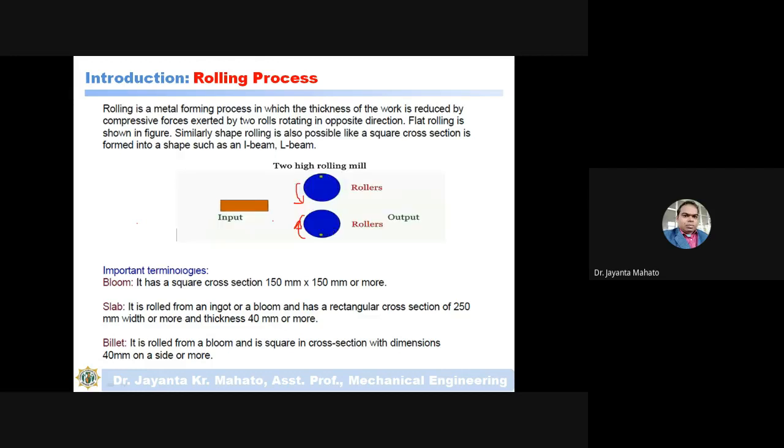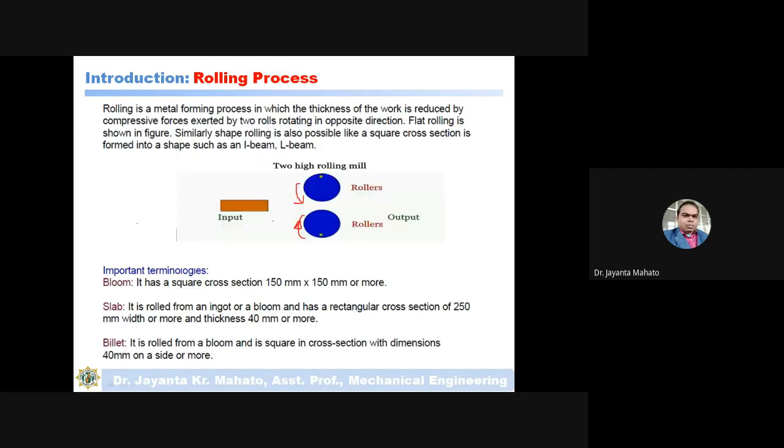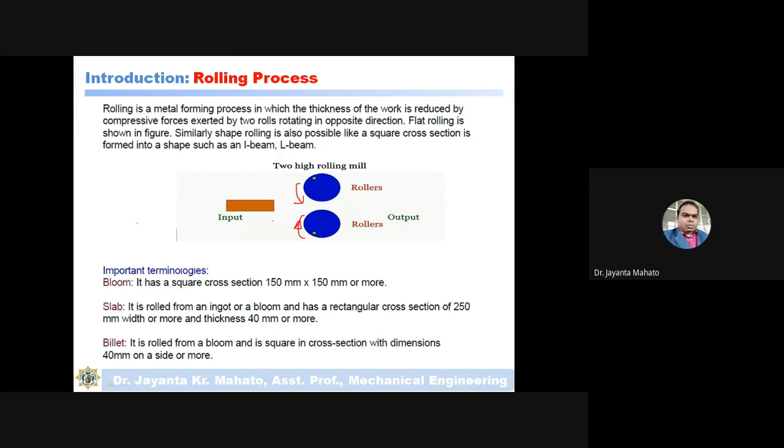Some important terminology is slab and billet. A slab is the rolled form of an ingot or bloom, and has a rectangular cross section of dimension maybe 250 width and more thickness, maybe 40 or more.